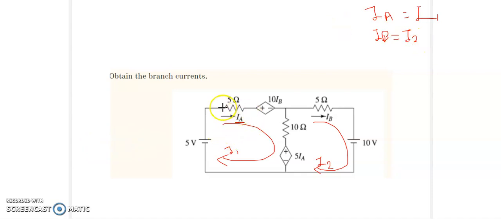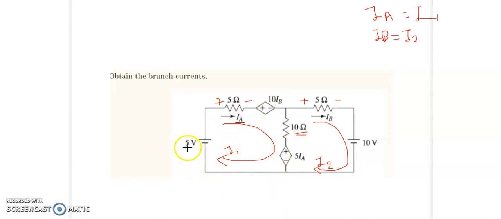First of all, wherever the current is entering a component, we note it with a positive sign. Where it is leaving, it will be negative. Even in this 5 ohm resistor, the current IB is entering over here and leaving over here. Now the interesting thing is the components on the branch which is common to the two loops, loop 1 and loop 2, for example this 10 ohm resistor. For this particular resistance, we will see what the direction will be when we write the equation for KVL.